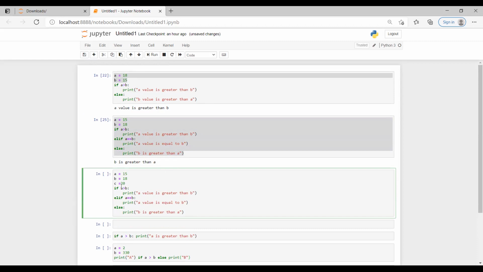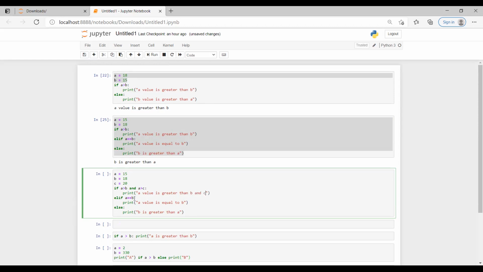If I mention A is greater than B and A is greater than C, because A has to be greater than everything, then I have to check two conditions. A is greater than B and A is greater than C.